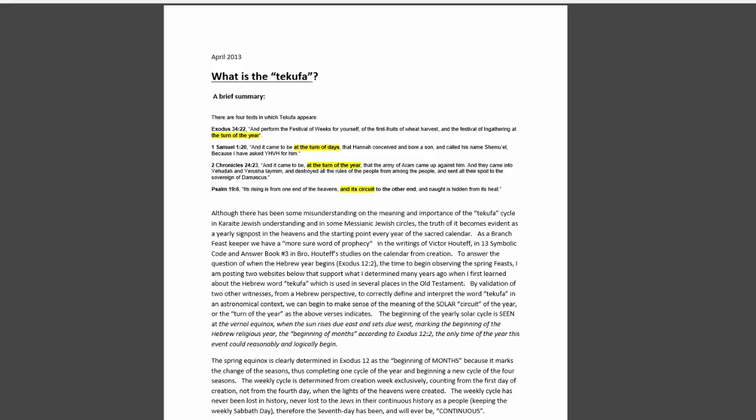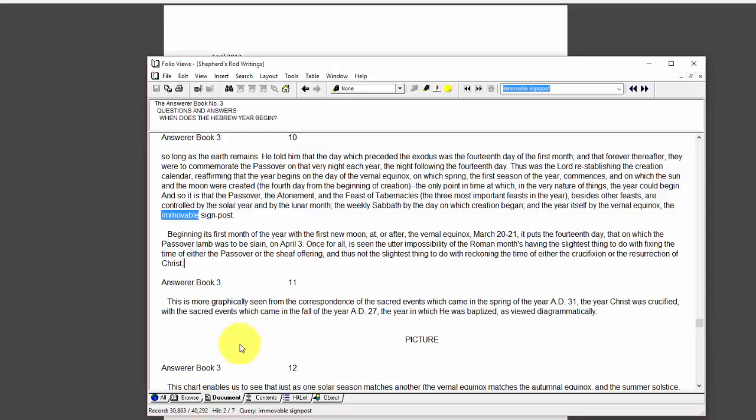in the determination of the feasts, the yearly feasts, and the beginning of months, and the fall feasts as well, autumnal equinox. Very quickly, the word Tekufa means the turn of the year, or the turn of days. There happens to be a completion of a circuit every year, or there happens to be 4 of those circuits every year, 2 equinoxes and 2 solstices. But the main one, of course, is the vernal equinox, which Victor Hoddef states here in 3 Answer Book, page 11, that the year itself is